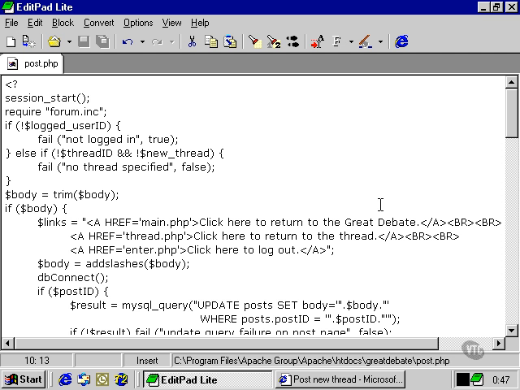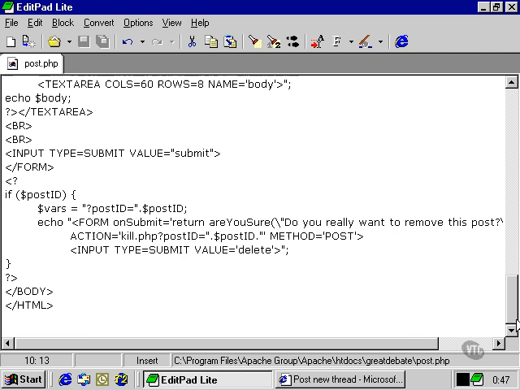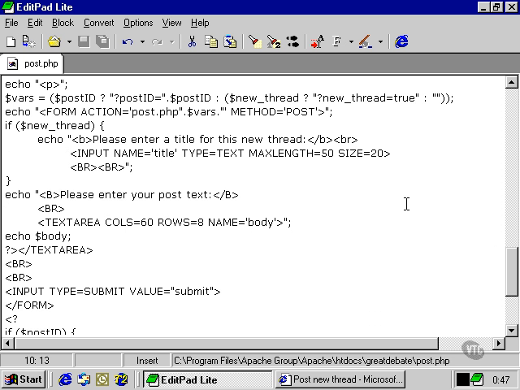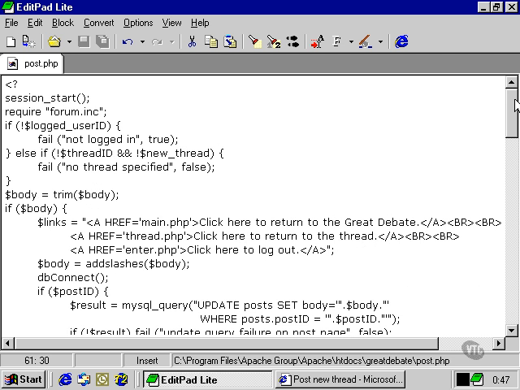If there is indeed a body that has been submitted to this page, now the body variable is submitted down here in this field in a form, and this is the post text that is entered by the user, and then when they submit the form, it calls itself. So if we go back up to the top, we can see that if the body variable has been set,